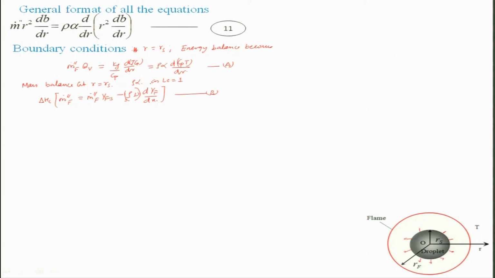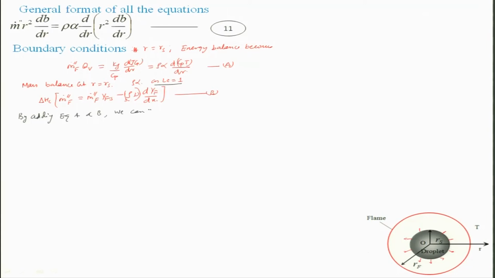So by adding equations A and B, after multiplication by delta SC, we can get